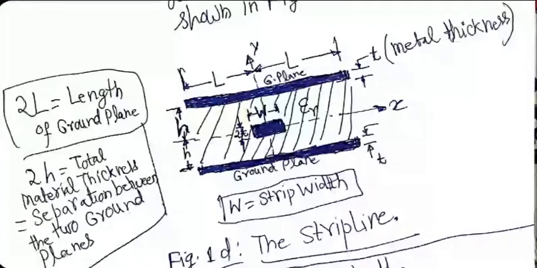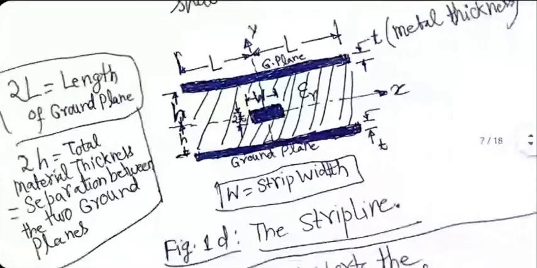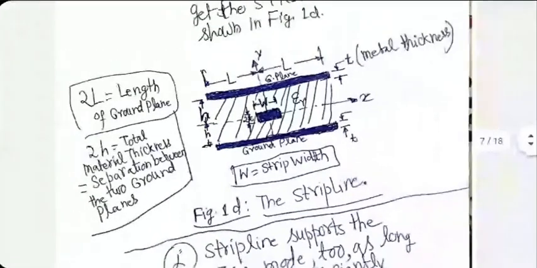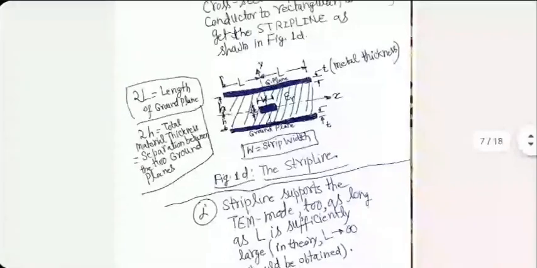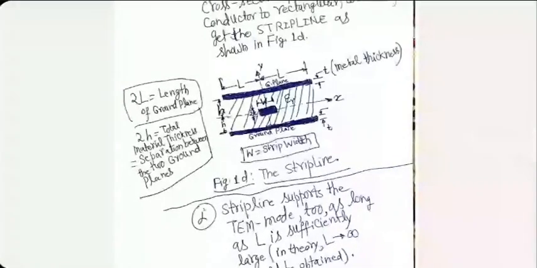W is the symbol used for the width of the strip, and the width means the longer dimension. The other dimension is so small, it is the thickness of the metal, which is actually in microns anyway. So although I'm calling it 2t, in practice you don't even appreciably see that. Dimensions h and W are quite large compared to t. That's the reality. The way IC manufacturing works, the metal thickness is always in microns, while h and W can be in millimeters, at least fractions of millimeters. But still, for the sake of completeness, I'm showing the thickness of the metal in the diagram.